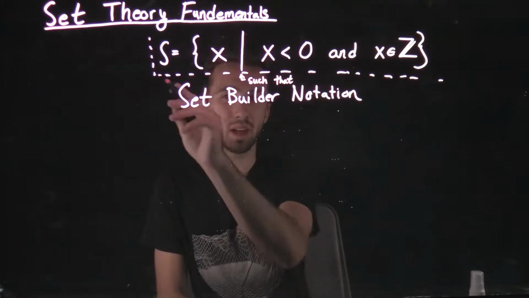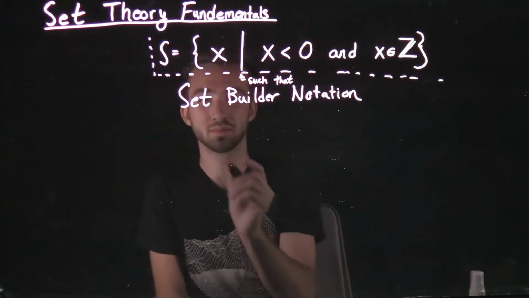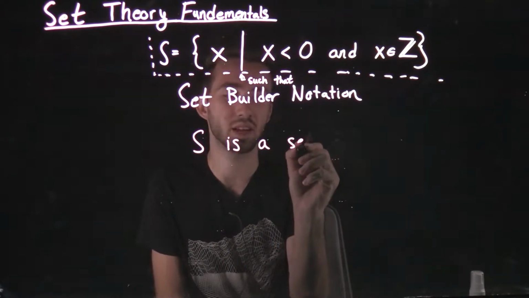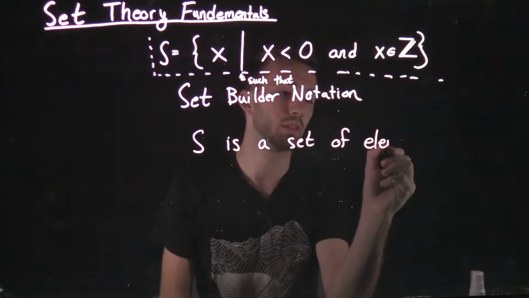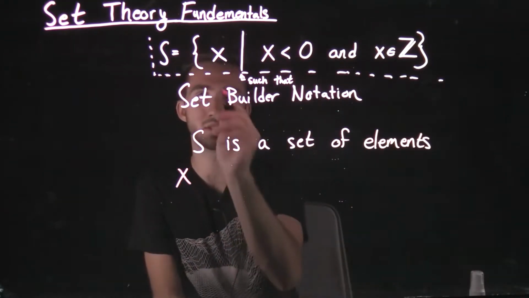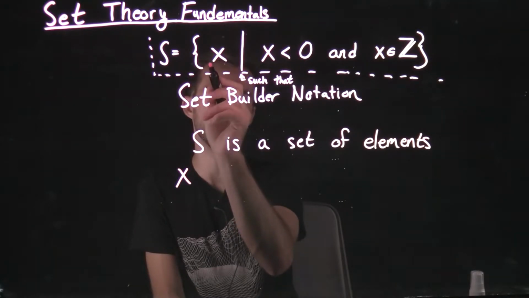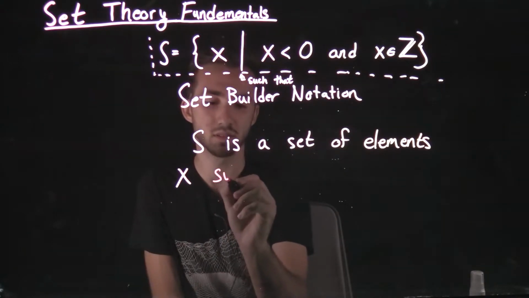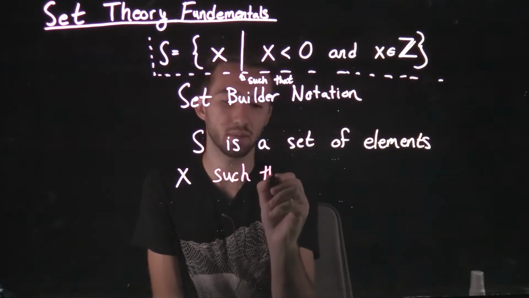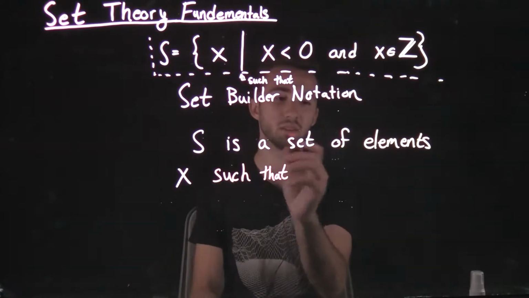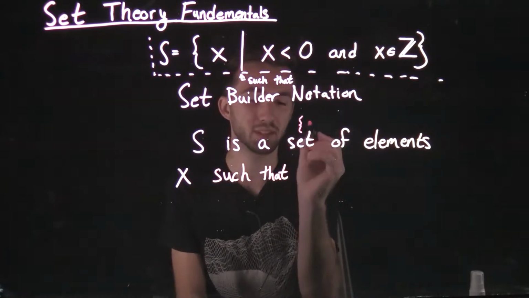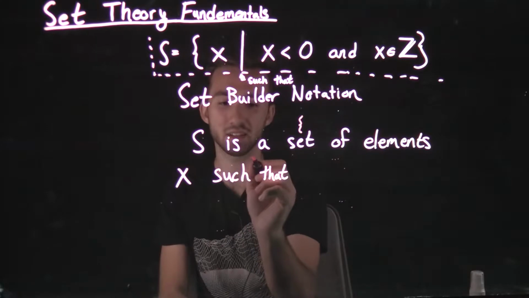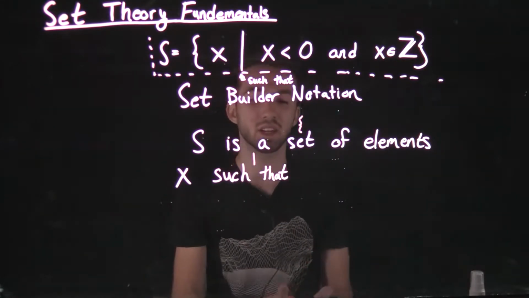such that. Actually, you know what? Let's write this out in English. S is a set of elements X, so that's up to here. S is a set, is equal to the set of elements X such that, that's what this bar means, such that, and I'll even add the little symbol that tells us what this means. So set is from this curly brace, elements X, that's the X, such that, that's the bar, such that